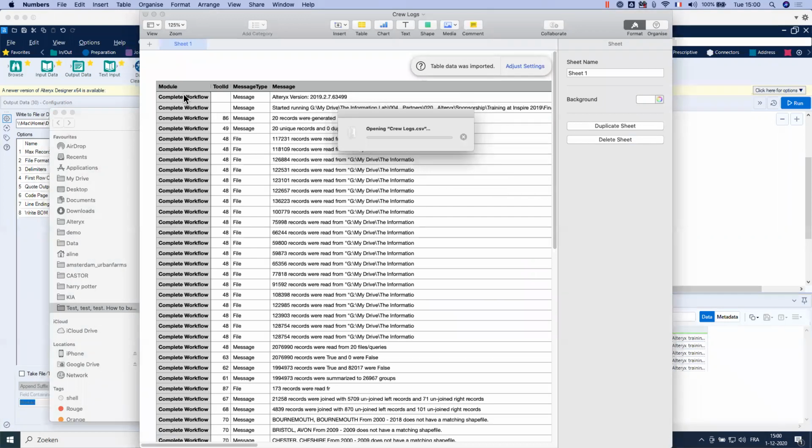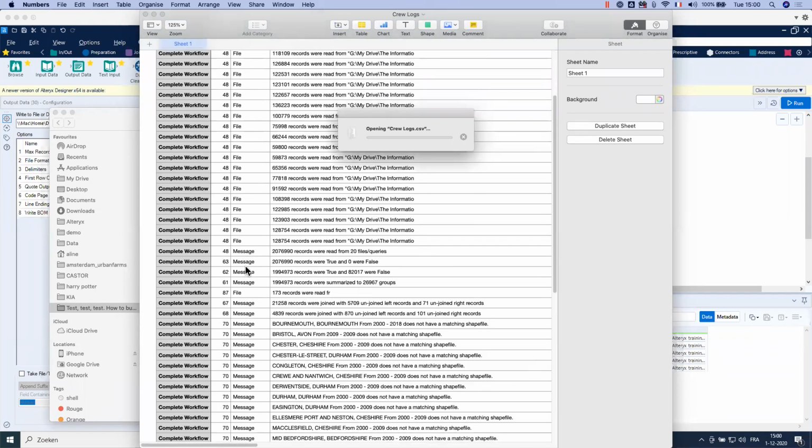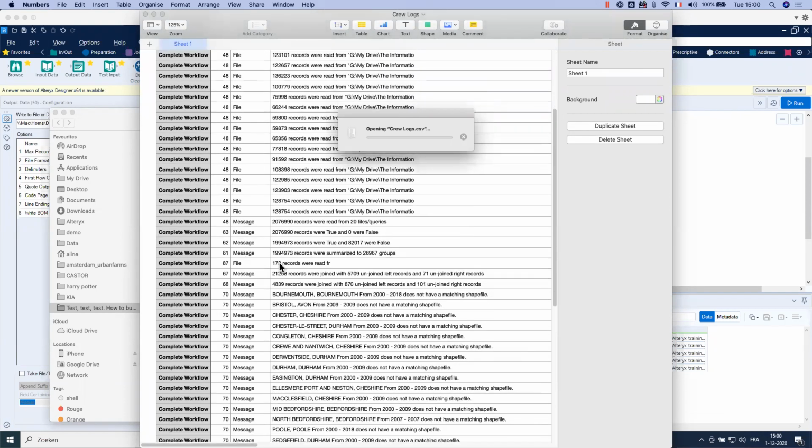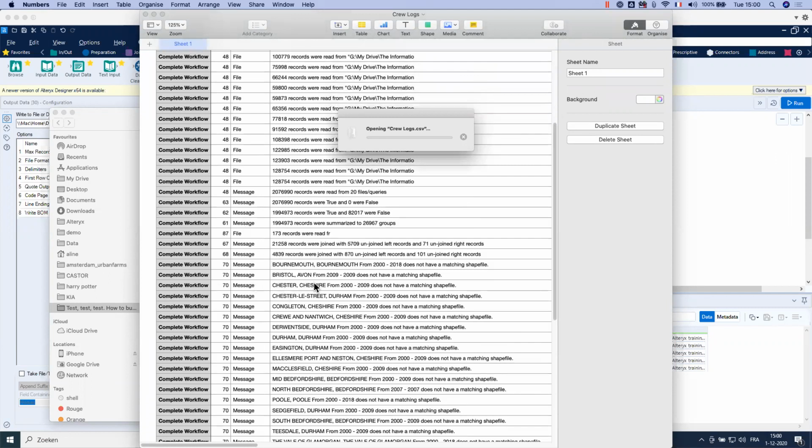For example, the workflow that we built together was quite successful. So it's what you see in the result window. So it can be really useful when you try to understand why your workflow failed, for example, or succeeded if you want to see the message. For example, you have all of the messages here with the shapefile that doesn't match.